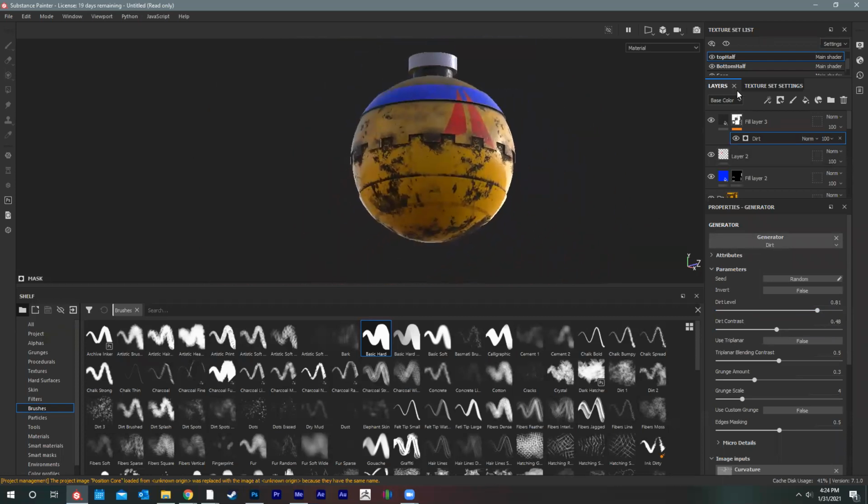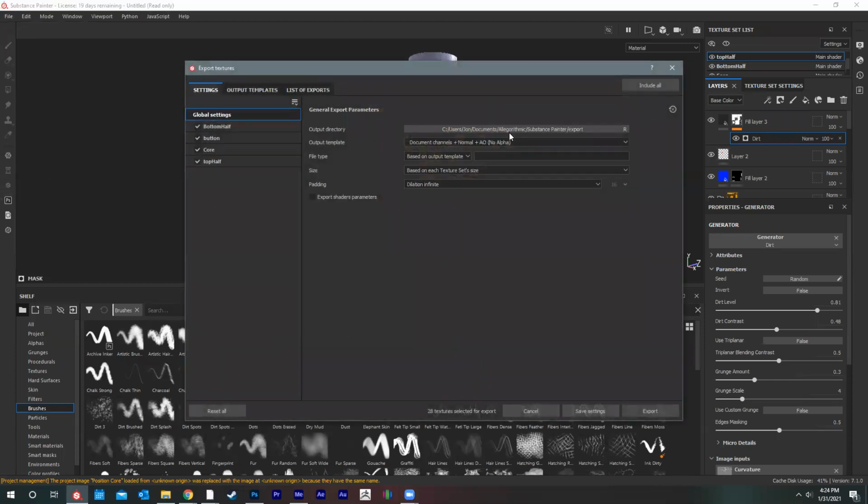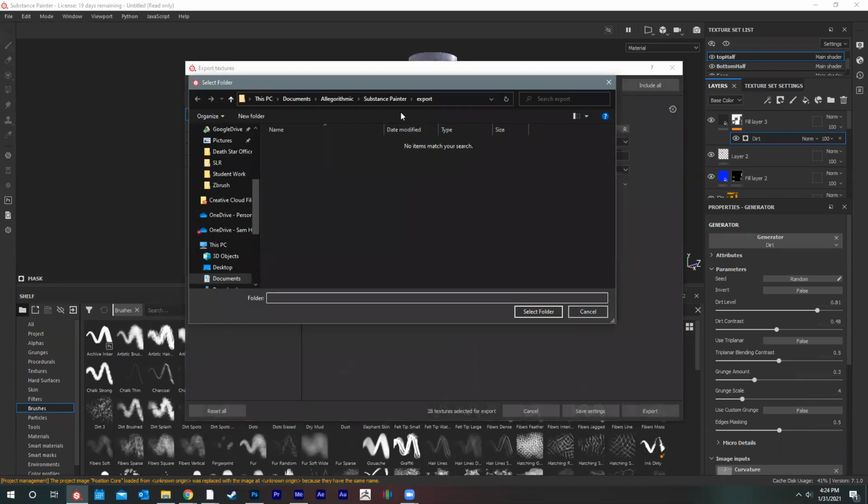Now, let's say we're happy. We want to go ahead and export this. I'm going to go to File, Export Textures. I don't need to export the mesh because I already have that. The object's already in Maya, right? So we already UV'd it. So I'm just going to export my textures, and I'm going to tell it where I want it to export. So let's just do,